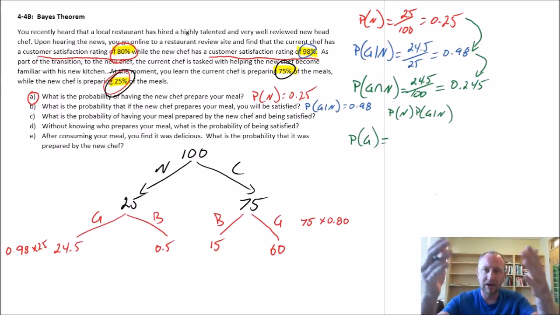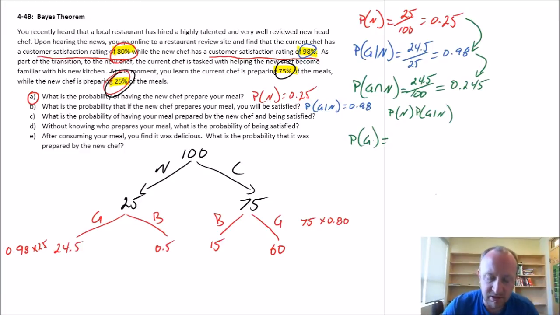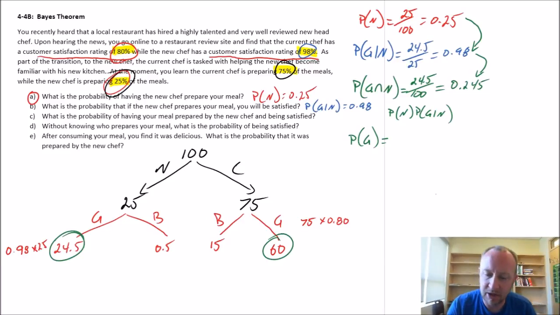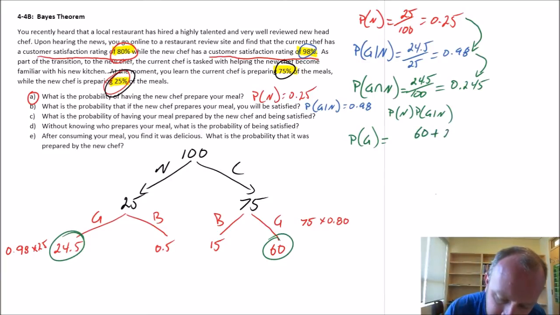Okay, well now I look at those 100 meals that were produced. If it's produced by the current chef, 60 are good. If it's produced by the new chef, 24 and a half of them are good. So that means the probability of getting a good meal without knowing who produces it is 60 plus 24.5 out of the total 100 that were produced, and this is going to be